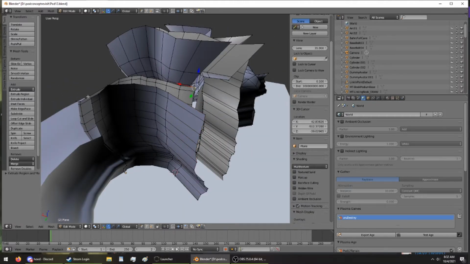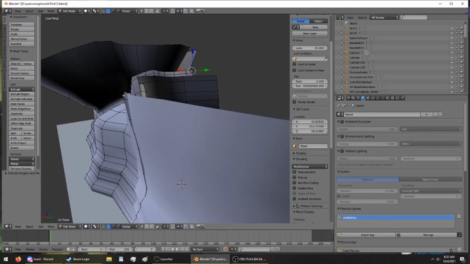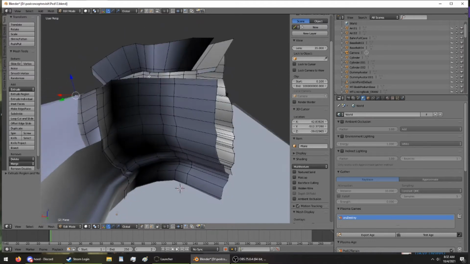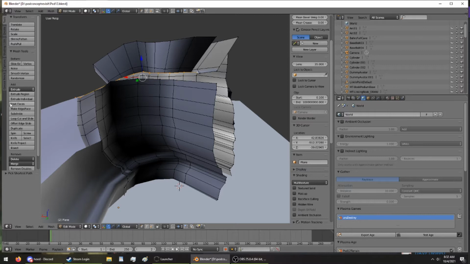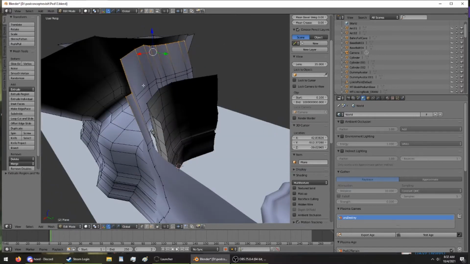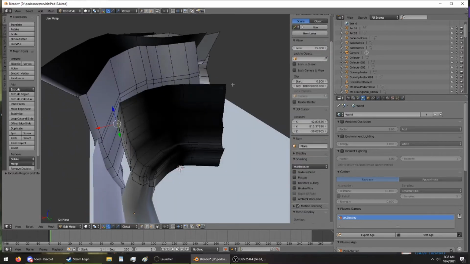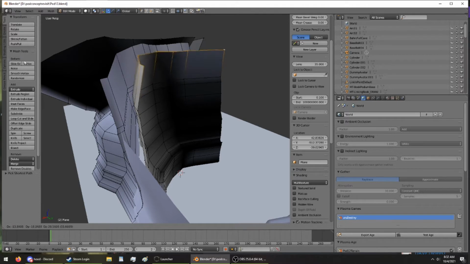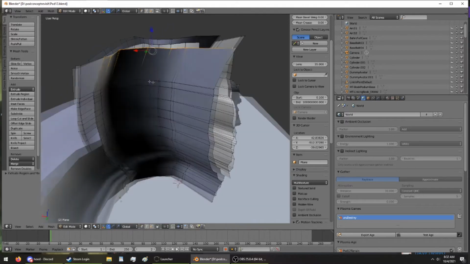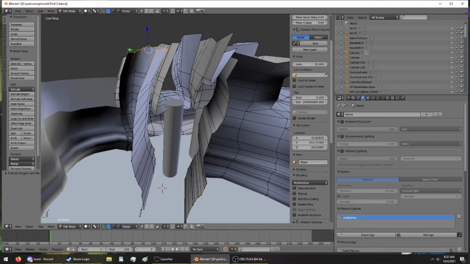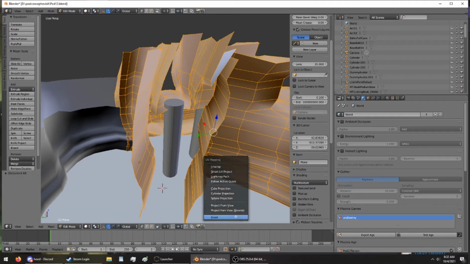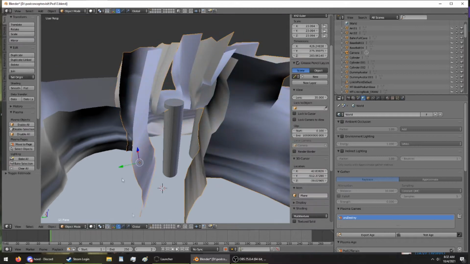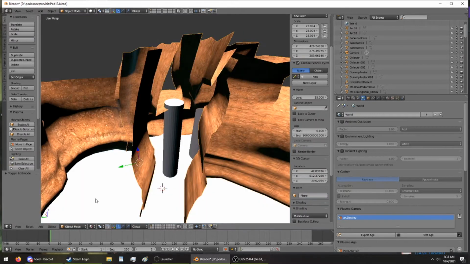Now I'm actually going to just carry on and make sure that all of our tops in this particular area are roughly about the same height. They don't have to be, of course, but yeah, there we go. Now I'll reset it for the UV, and if I switch back to material,